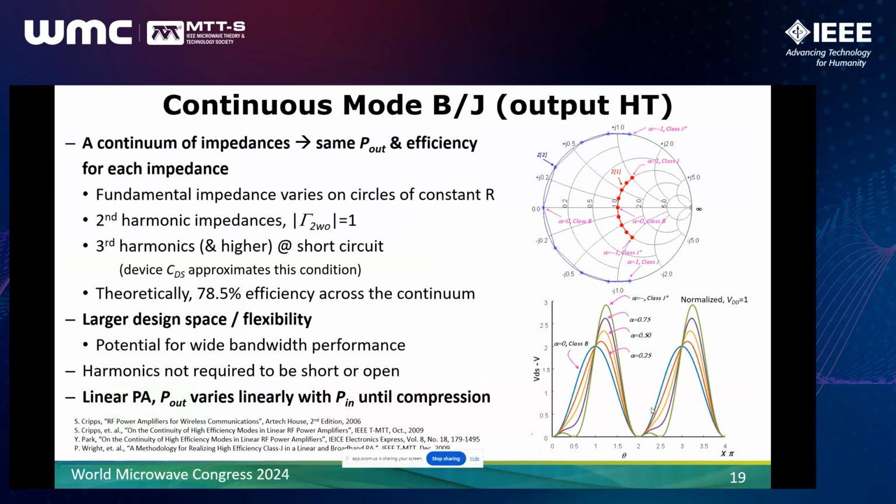And what we find here is that there's a continuum of impedances at the fundamental and the second harmonic that give us the same power and efficiency as class B or class J. The fundamental varies around a circle of constant R. The second harmonic is at the edge of the chart, and the third harmonics and higher are assumed to be shorted out. Again, all of these different solutions